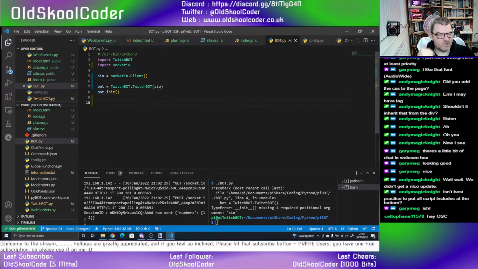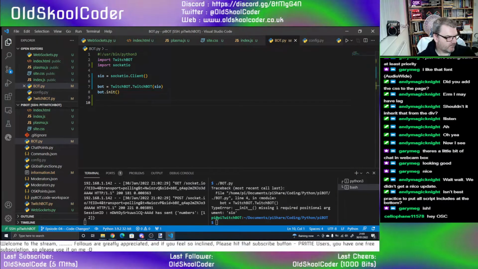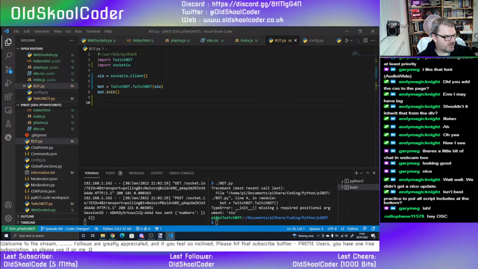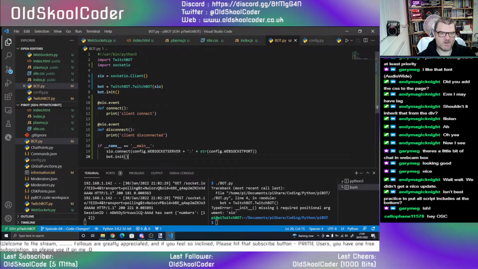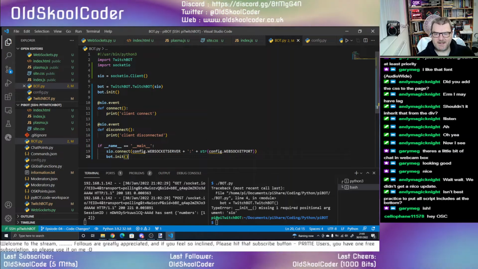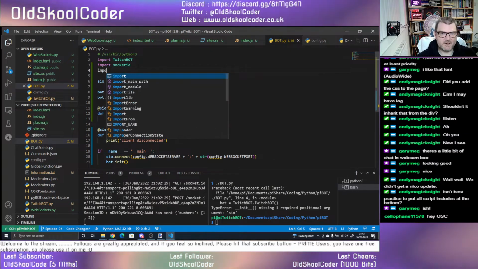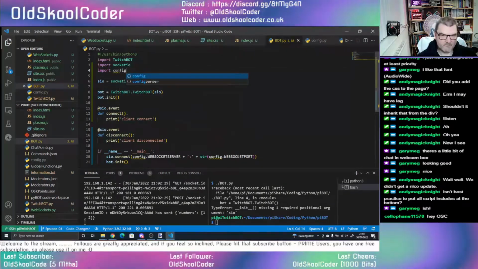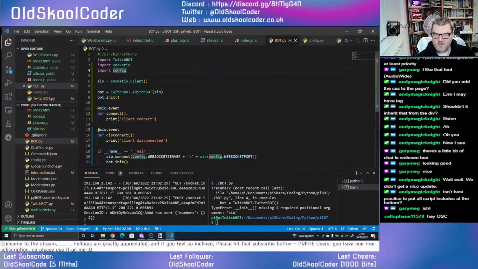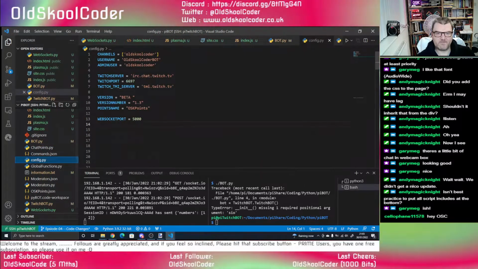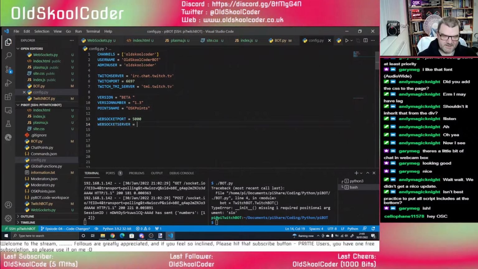And then we need to do what we do with the web server here. Right? So this is setting up the client. We've already done this on the web server. It's just doing it again here. Oh, I need to import config. Oh, and also we need to put web server, WebSocket server. Right, let's copy that. Put that in here. So WebSocket server is equal to